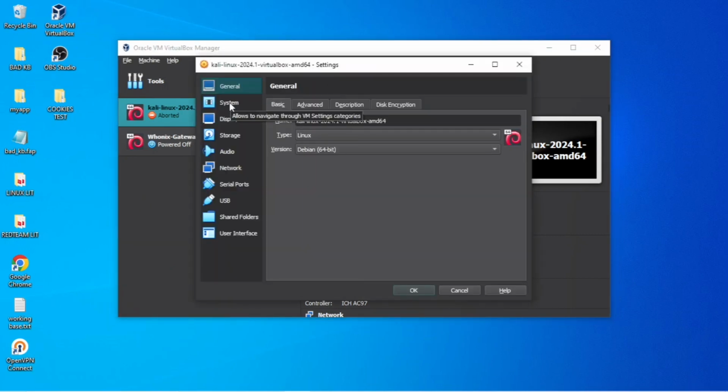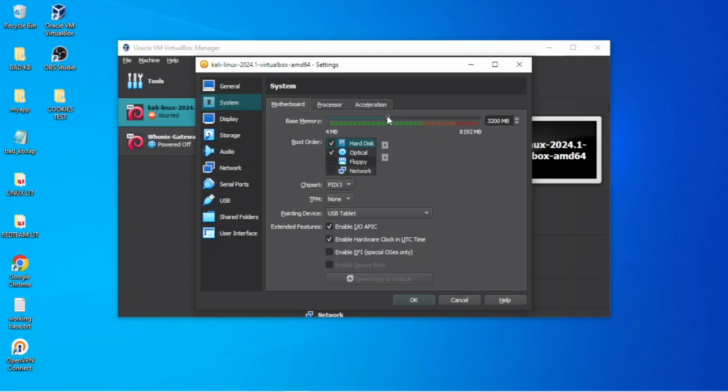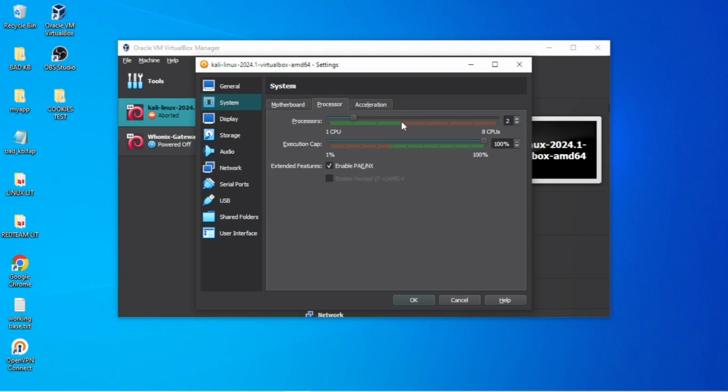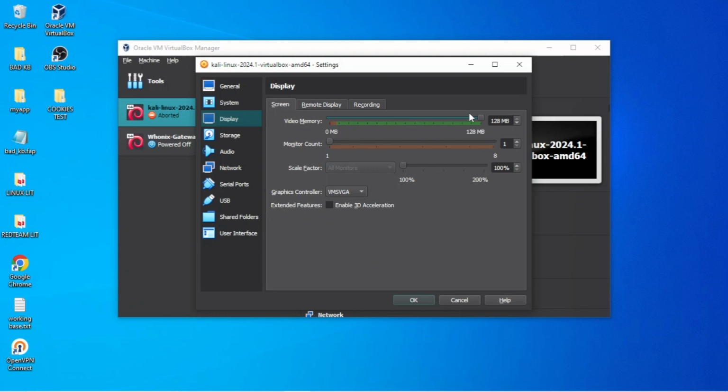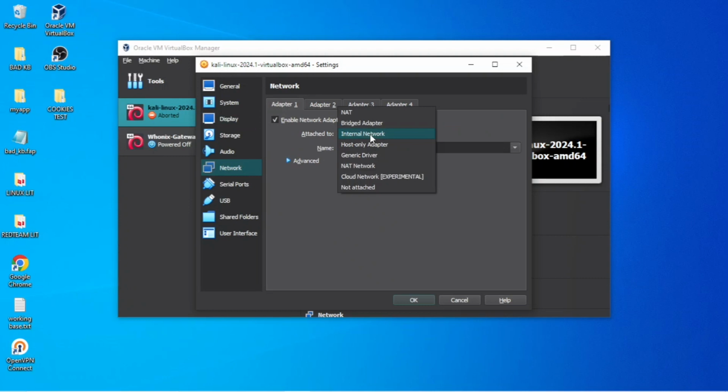We'll go to system first, and we'll up this according to how much RAM our whole system has. I set mine at 3200 megabytes. That works for me. We'll click processor. I leave mine at 2. That works for me. If you have a really higher performing system, then you can up it accordingly. Always put this all the way up to 128 megabytes, excuse me. After this, we'll head over to network and we'll make sure we have internal network selected,